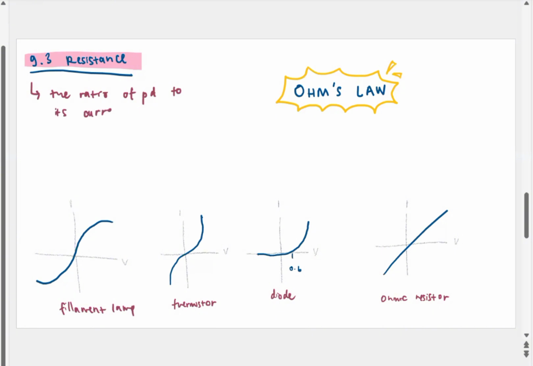Now, we could write this equation as R is equal to, or resistance is equal to, V, or PD, per I, or current. Now, this is actually known as Ohm's law. What is Ohm's law? So an Ohm's law is where